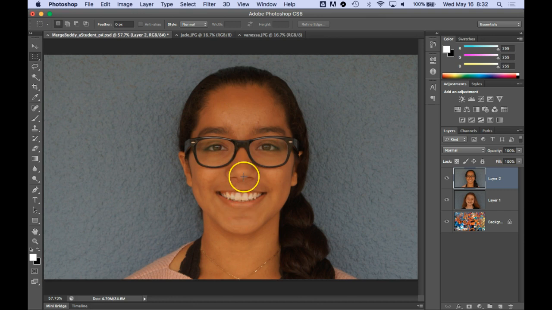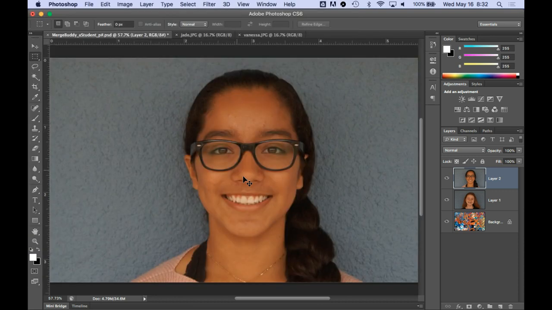In order to line these two pictures up, I'm going to hold the Command key down and tap the letter R to get the rulers. What the rulers allow you to do is put guidelines on here that won't actually print on the paper. So I'm going to pull a guideline down from the top ruler, and all I did was position my cursor inside the ruler and then click and drag down right to where her hairline is,